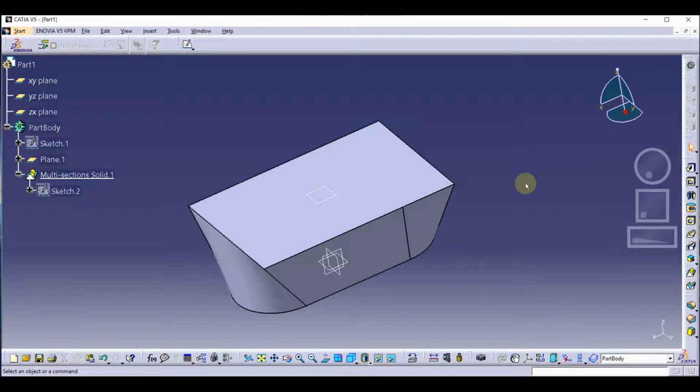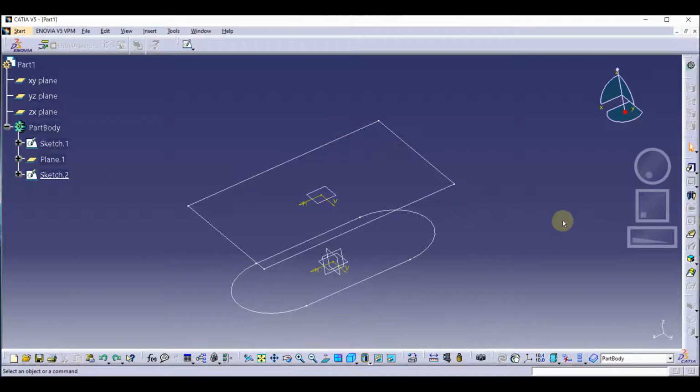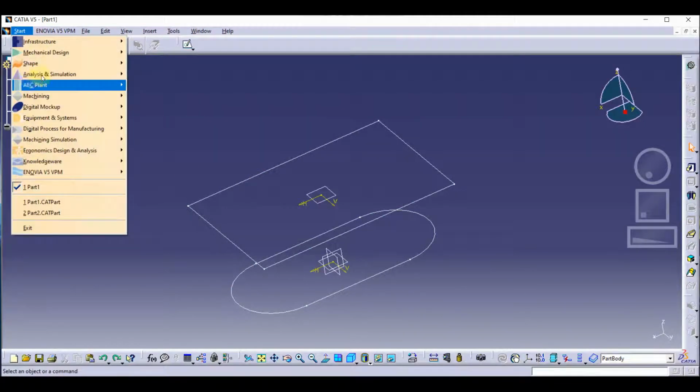Now let's learn how to use these options. For using these options, let's undo these ones. For using the other options we need the same number of vertices. So we are going to provide the rectangle the same number of vertices, 6. Simply we go to generative shape design.